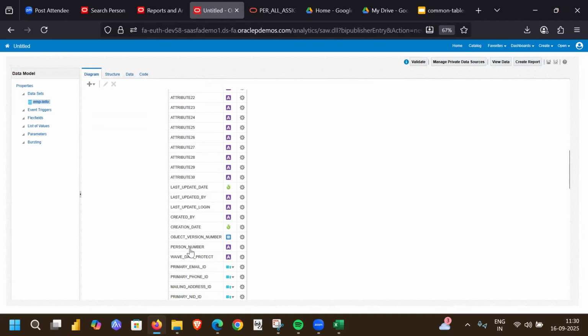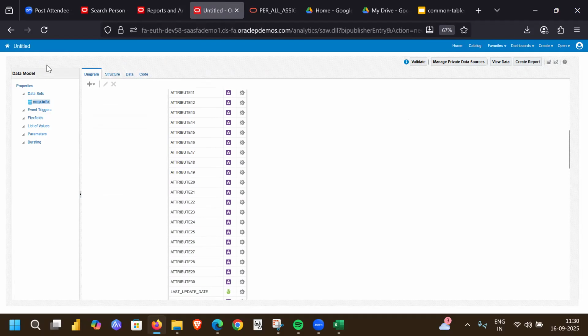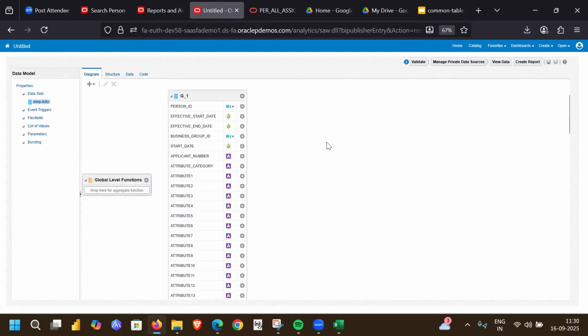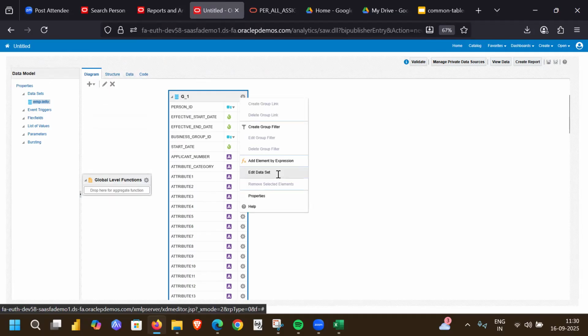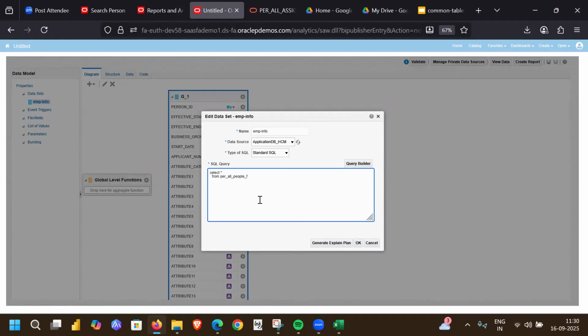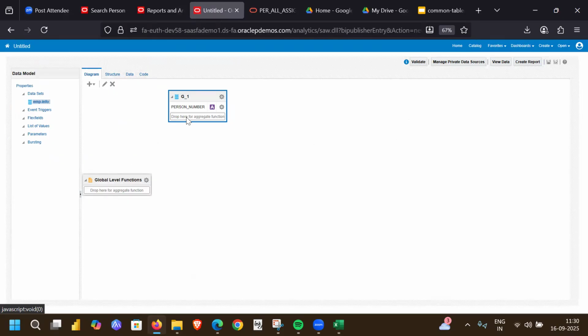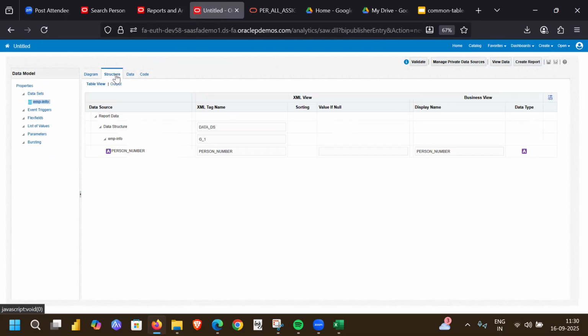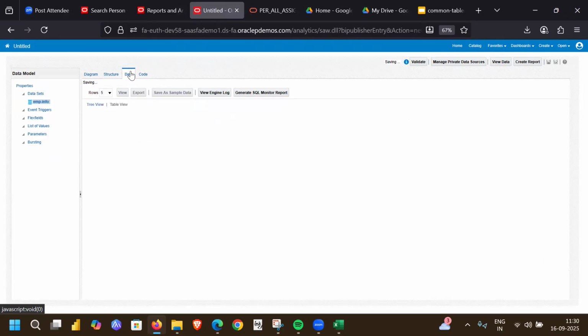Okay. So here you can see this is the person number. To go back to that query, we can click on this group, click on settings, edit data set. Here we'll say person number, and I say okay. Now to look at this data, you have these tabs here. This is the structure within a group. You have multiple columns. Right now, only one column is there. And when you click on data,